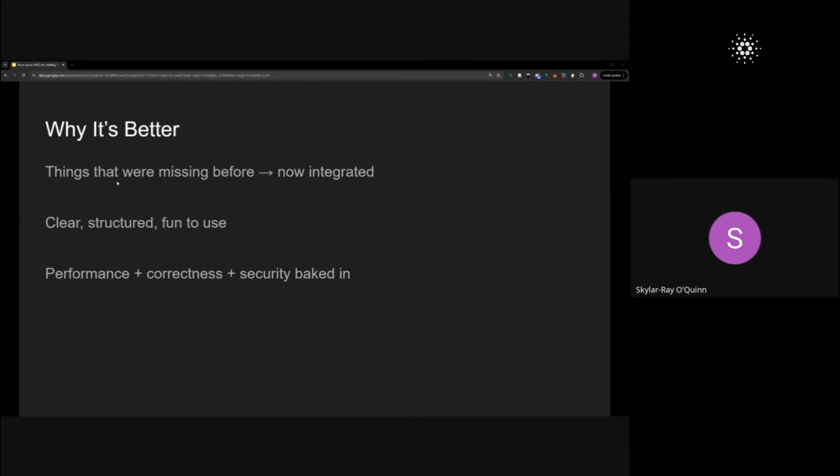And so what we end up with is something where there's just one main source, one main library, very small, very tight, and the tooling is all very integrated. It's doing the transaction building, flat encoding, CBOR encoding, on-chain and off-chain code. It's very clear and structured, very performant, and correct, and there's a lot of security guarantees baked in. Now, there's going to be a lot of verification that needs to be done there, and we're aware of that, and that's also part of the reason why we're reaching out to the foundation, to get more eyes on it,